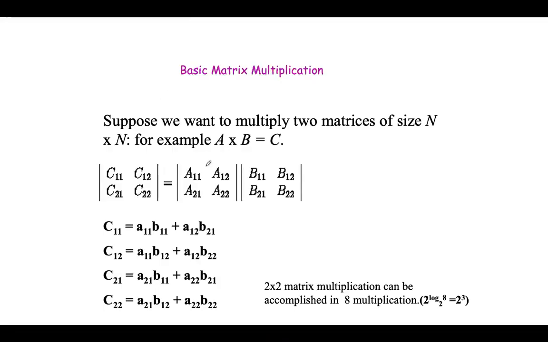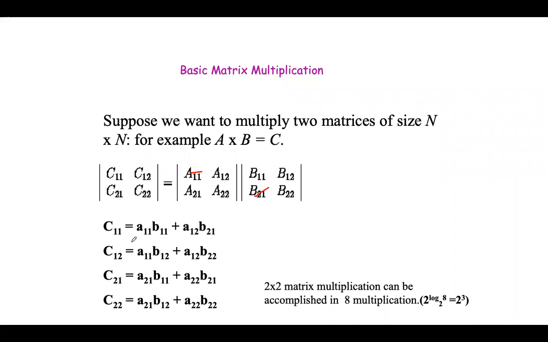So this is our basic matrix multiplication, which we do regularly. Okay, there are two matrices A and B. We want to multiply them. We know that A11 into B11 plus A12 into B21, right? That is how we do the multiplication. A11 into B11, A12 into B21, and then A11 into B12, A12 into B22. Okay, so C11 is equal to, C12 is equal to, this is regular matrix multiplication.